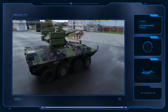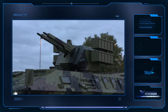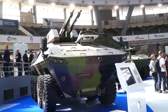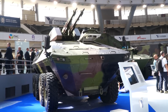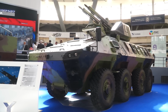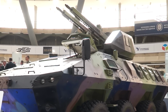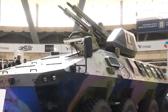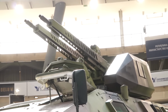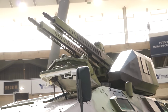The Lazar 3, equipped with a remotely operated weapon station, armed with two 30mm automatic cannon, with a firing control system featuring a thermal imaging camera, TV camera and laser rangefinder. It is designed primarily to engage ground targets at effective ranges of up to 2,000 meters. The weapon station can carry a total of 220 30mm rounds and also 500 rounds for the